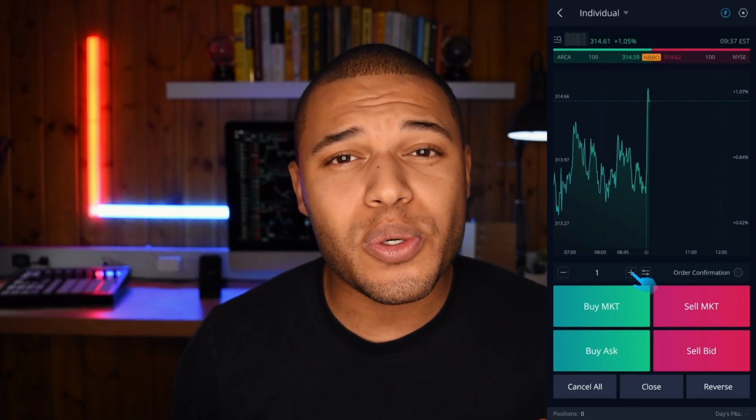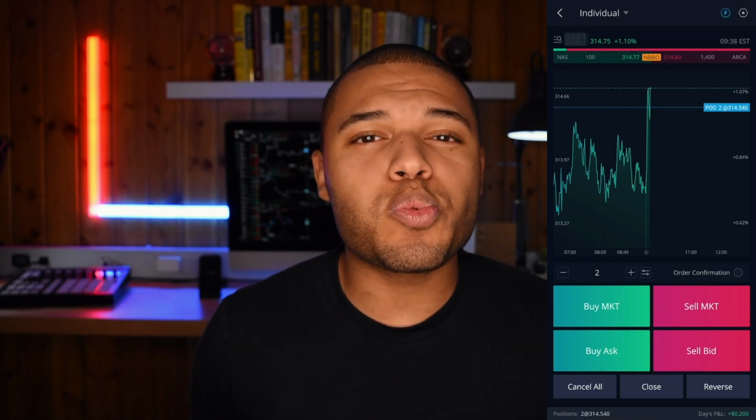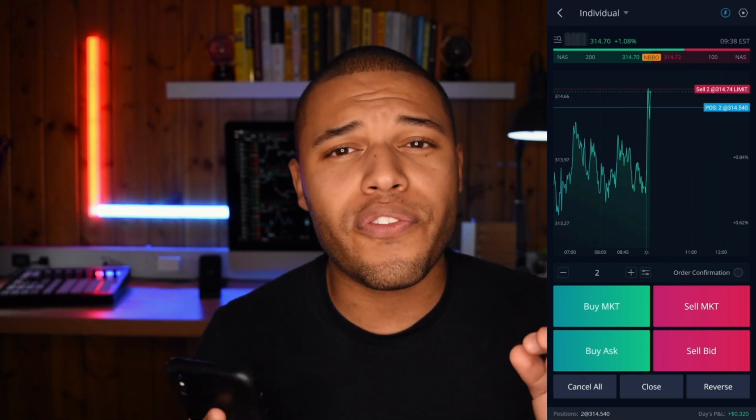Big buttons mode. This is the first of two new modes that they've added to the app, and it says enter big button mode to quickly place trades at the push of a button. So when I first saw this, I thought that this would be replacing the original way that you make trades on Webull, but in all actuality, it's a mode that you can go into to change the view while you're